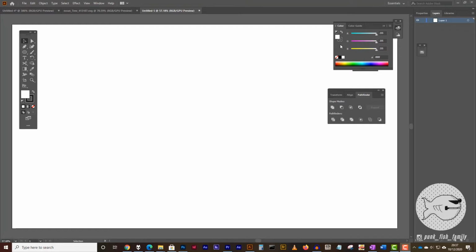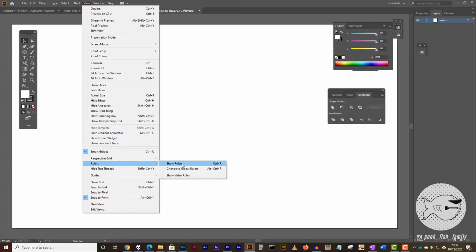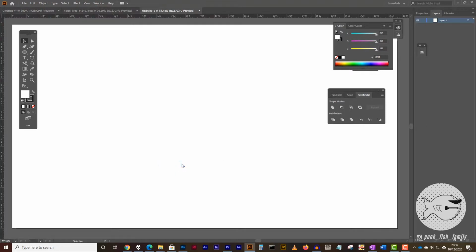I just have a really large document here. It really doesn't matter what size. The next thing I want to do is go to the View menu, and I want to go down to Rulers, and I want to show my rulers. Now what this is going to allow me to do is drag some guides out on the screen. And because we're making a circular logo, what I want to ensure is that I have a consistent center point